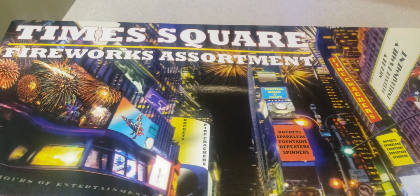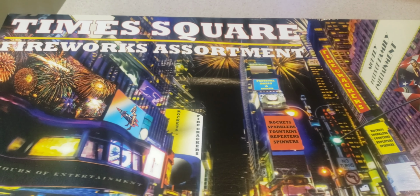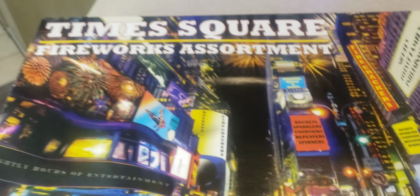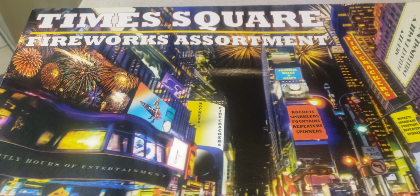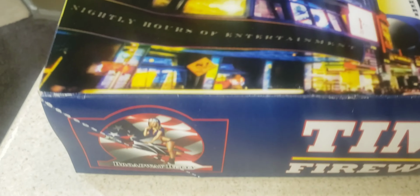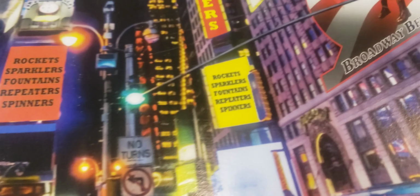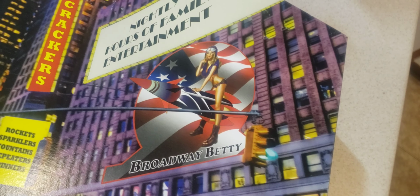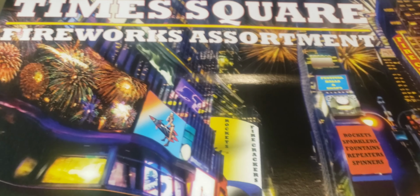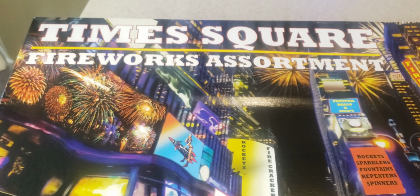Today, guys, we're going to be taking a look at another assortment. This one's called Times Square Firework Assortment. I picked it up from AFW Fireworks. And I see around it has the Broadway Betty there. I don't know the connections. I don't know a Broadway Betty. I don't know if that's Betty Boop or supposed to be, or from the old New York play Betty, but